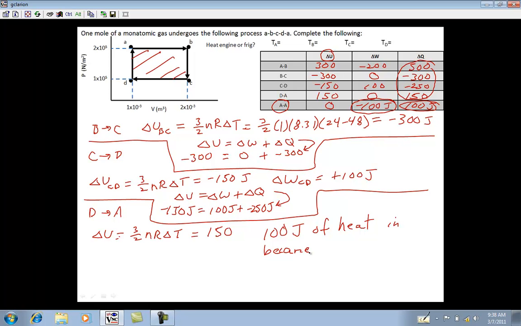Good. Negative 100 joules of work done by the system. I think you guys can see that those end up actually